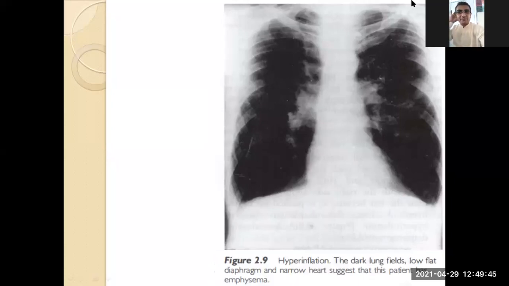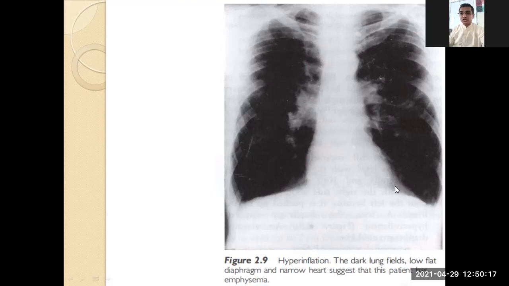Now what will happen? You can feel that, okay, sir, this lung is something more in height, or this lung is of a long person. No, it is not that, but this black shadow increased. Black shadow increased. In case of a COPD, this will happen. In case of a COPD, the size of the lung will be increased.